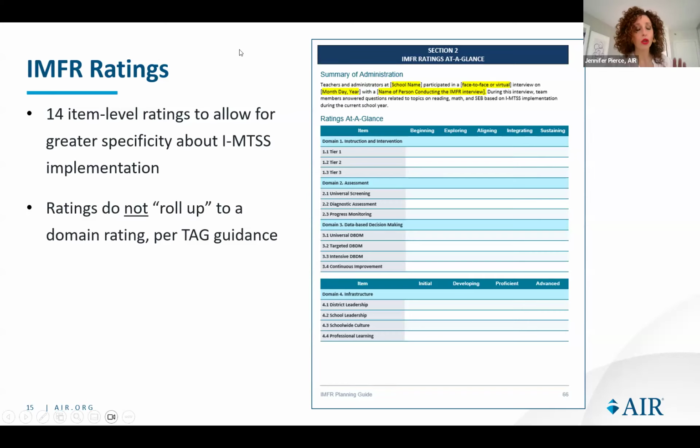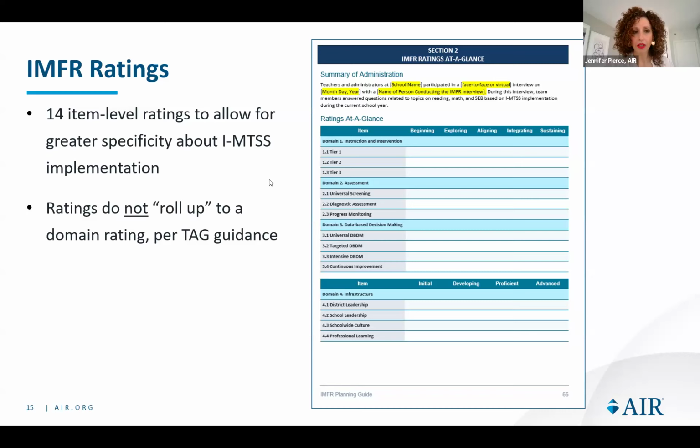Now, technically, you could roll up the items into a domain level score. But what we learned is that it was very important for schools to understand how and the ways in which they could better integrate in each of those 14 items, so that it is more meaningful for a school to have an item level score than a domain level score.